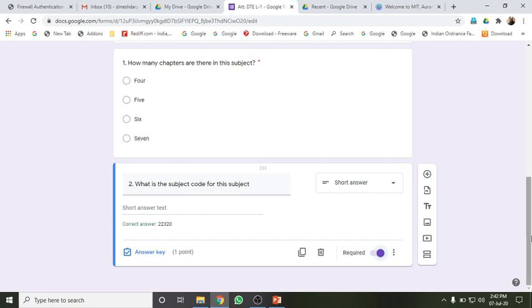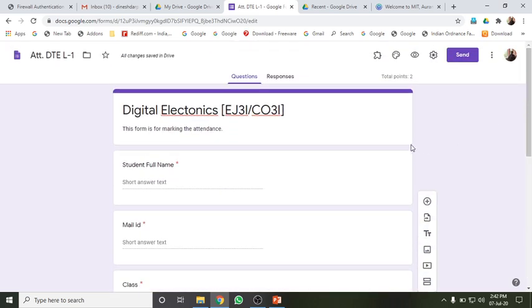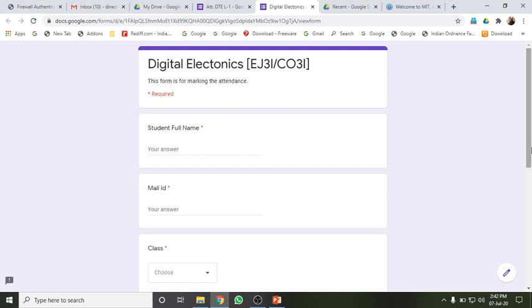Now if you want to see how this Google form looks, we have the option here as Preview. When I click on this preview option, this is how my form is going to look. Just for an example, as a student for my subject, I can enter this detail.